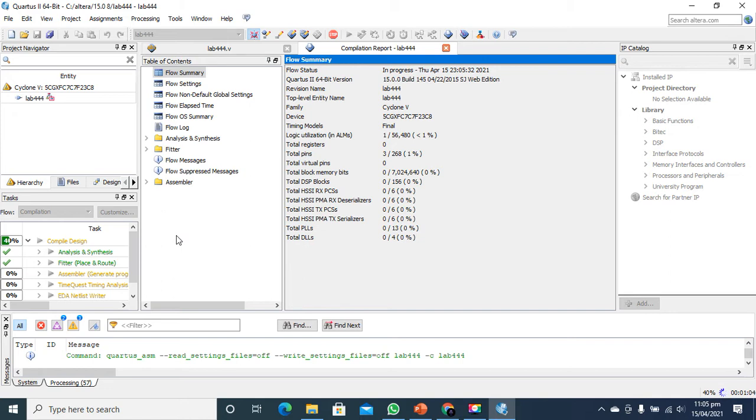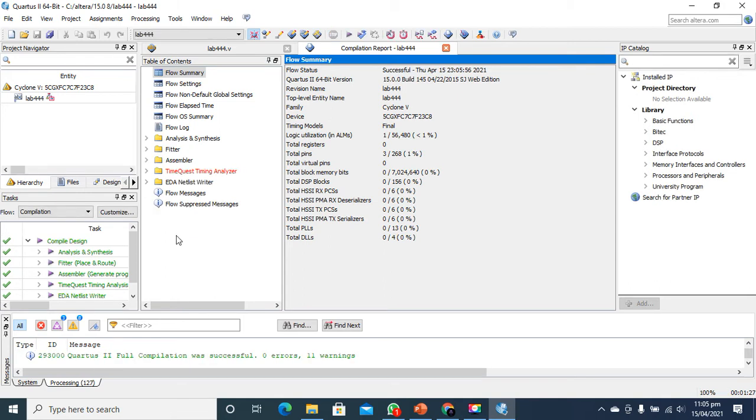As you can see, our compilation is about 40% done. Let's wait until it reaches 100%. As I told you, after that we will check the Verilog code of the function a bar b bar plus c bar d bar, and see if that Verilog code really works or not.